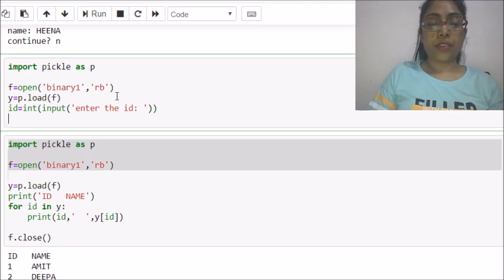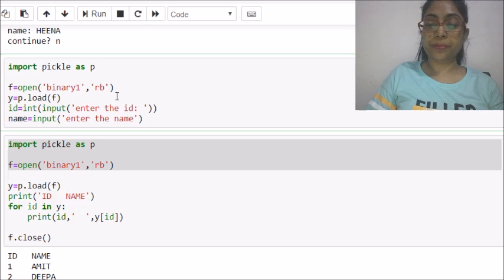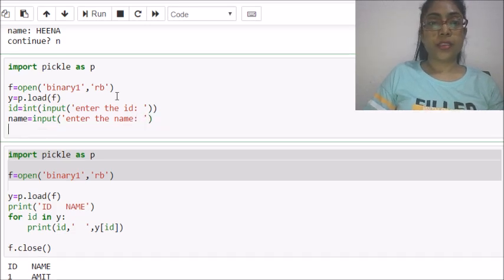Then I will ask for the name because the name is to be modified. Take input, enter the name here.